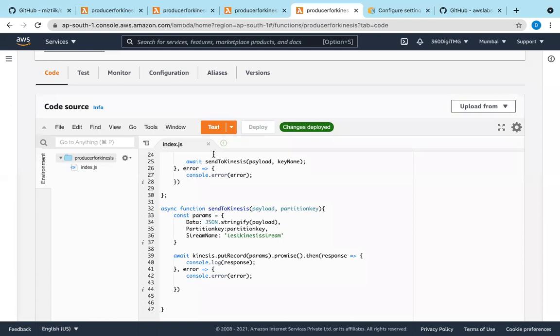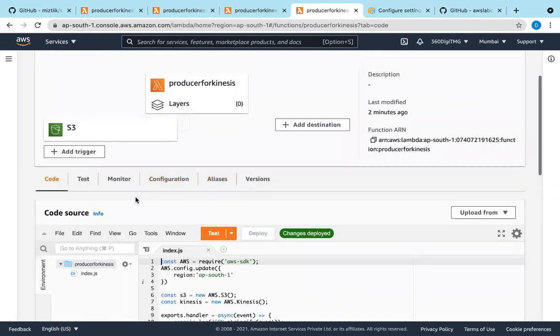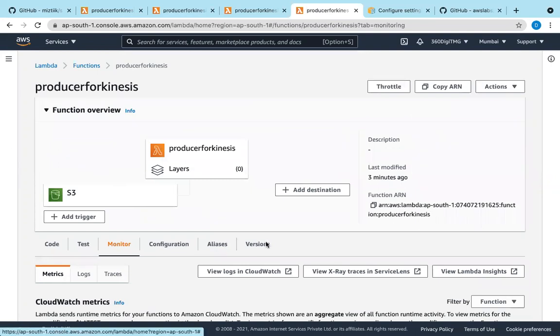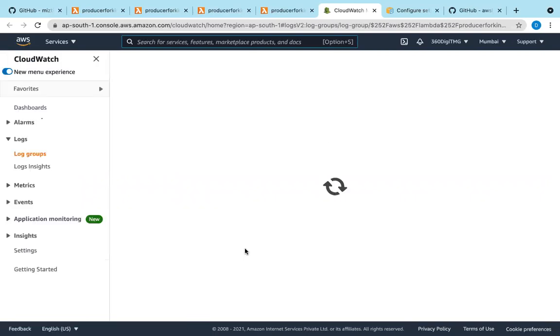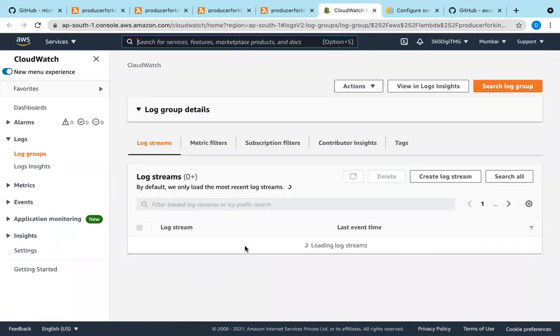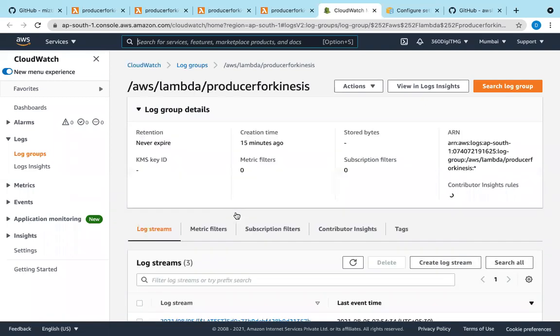And now we will check how Lambda got triggered. Go to monitor, view in CloudWatch. We will come to know. What it has to do is fetch the details related to the delete event as well as the put event. I have deleted test.txt and also uploaded test.txt.